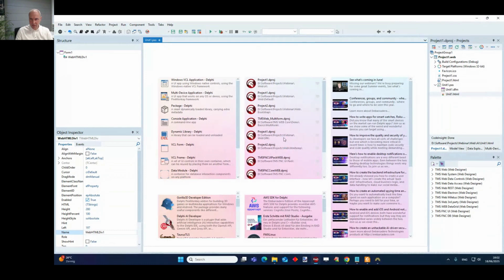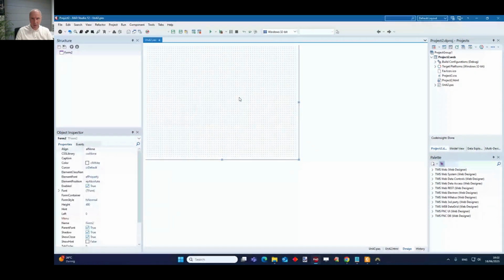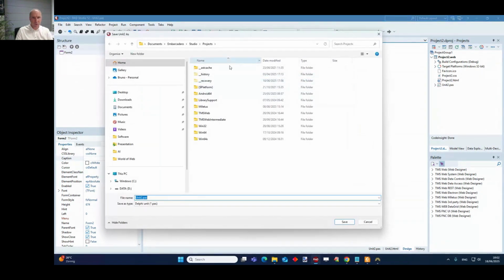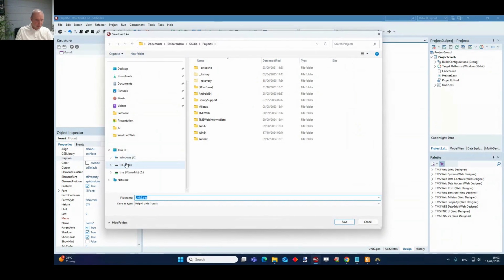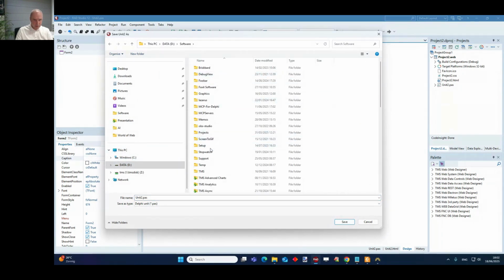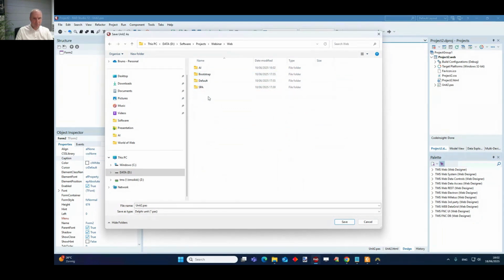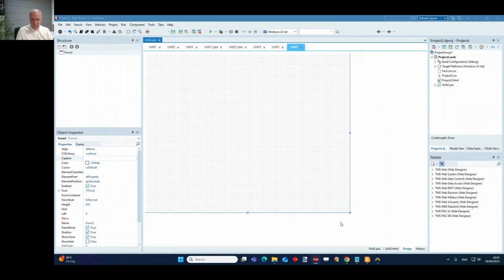I'll not save this application. Okay, and let's save this to a new folder here in projects, webinar web, and we call this folder DB. Okay, I save my application, and now we'll have a look how we can work with databases from the web